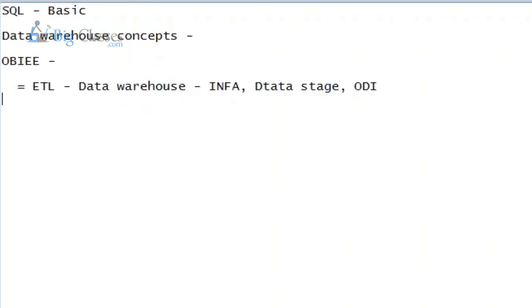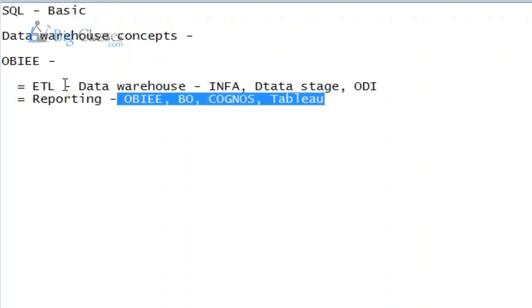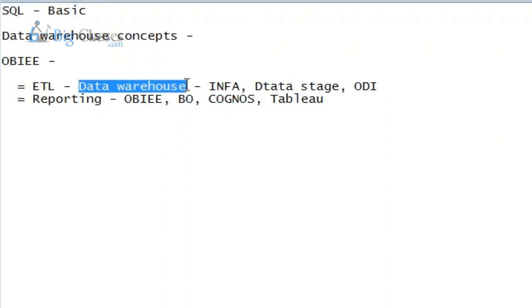The second part is reporting tools. The reporting tools are OBIEE, BO (Business Objects, SAP BO), Cognos and Tableau. These are all different types of reporting tools. But the concept is that the data warehouse is useful for the ETL level as well as the reporting level. So this is the background of